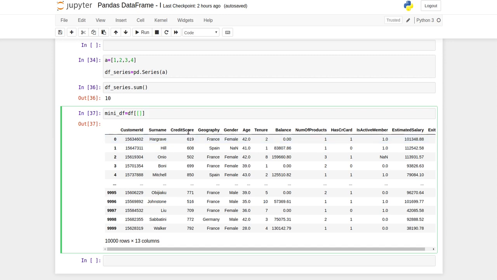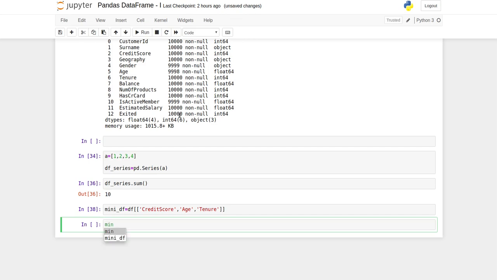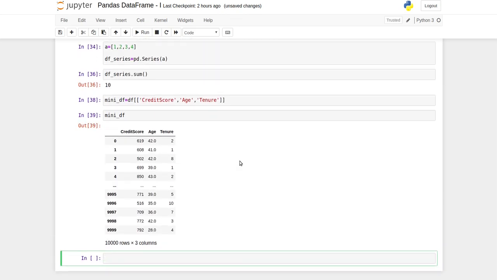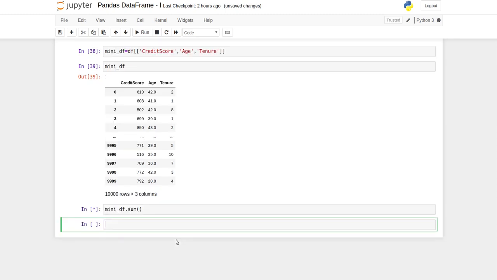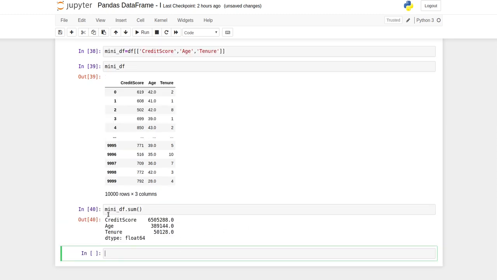Suppose I take credit score to age. If I check the mini data frame, there are only three columns. Now if I apply the sum method on the mini data frame, it will show you the credit score sum, age sum, and tenure sum.